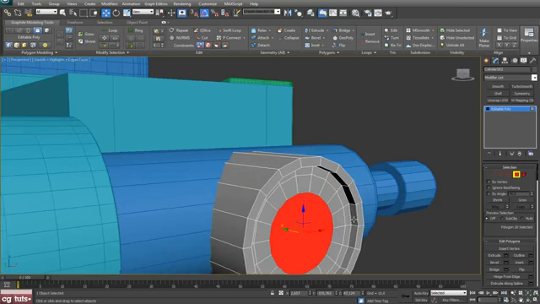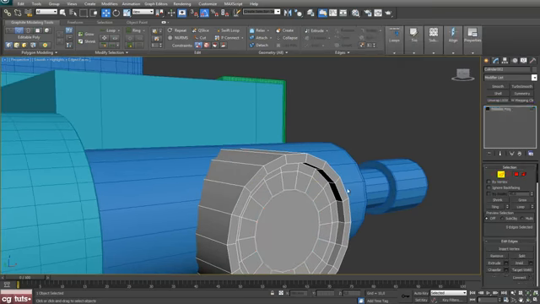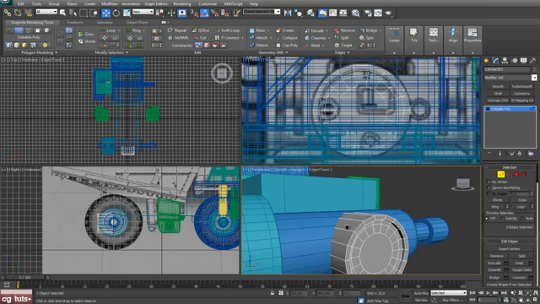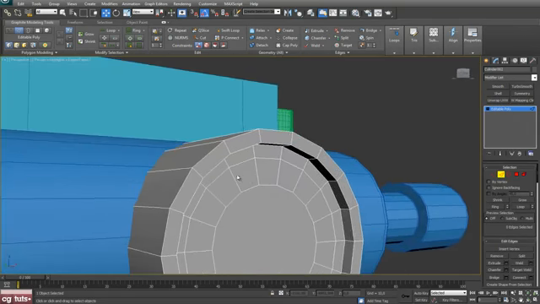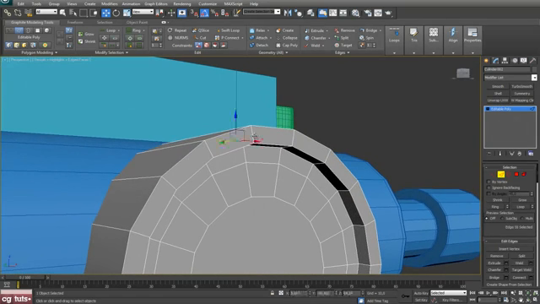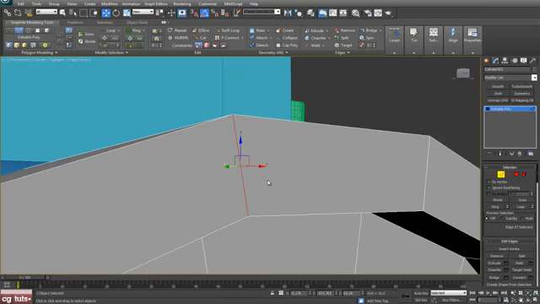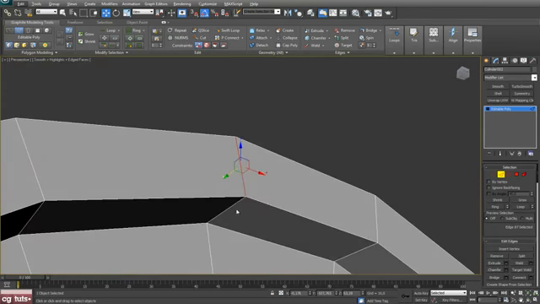OK, now select this edge and select this guy here, hit ring, connect